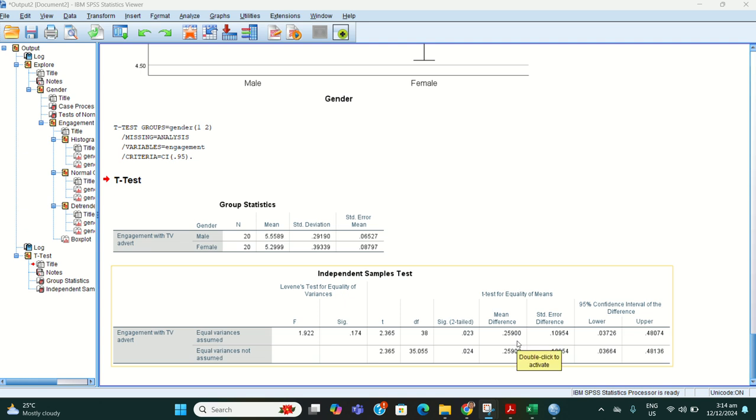So it means that the male mean engagement score was higher than the female engagement score.